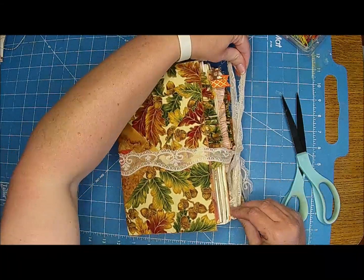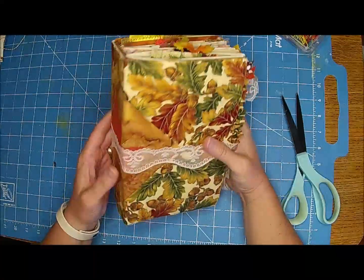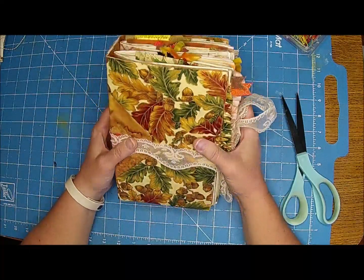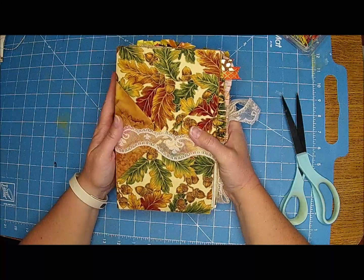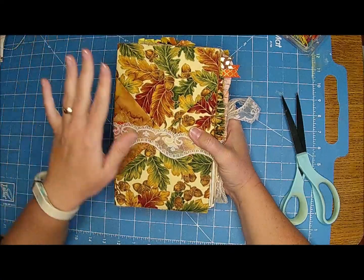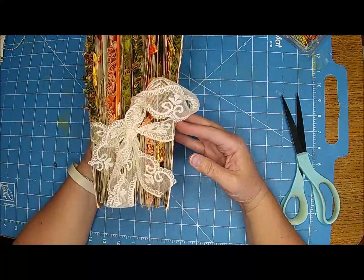And then I just thought, something kind of simple but classy. I just love how this turned out. This is one of my favorite journals. I think it'd be fun to have something like this, and if you go and look at the colors of the trees, and you find some beautiful photos that you want to put in a journal like this, I think that would be absolutely gorgeous. That's what it looks like from the front